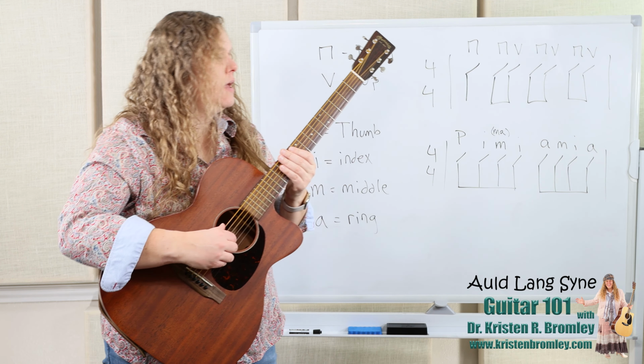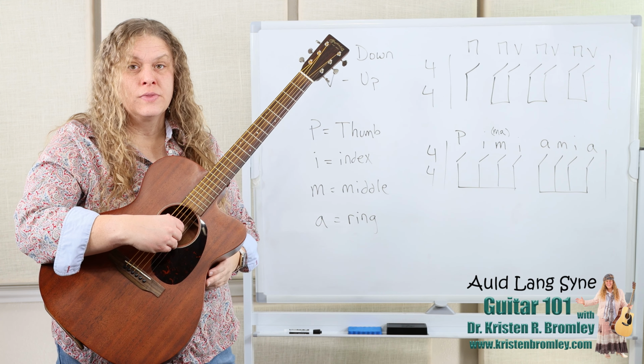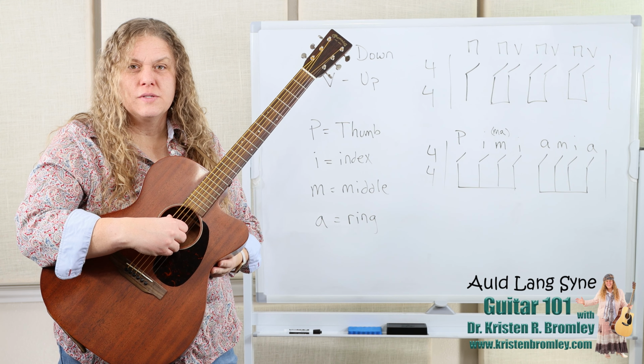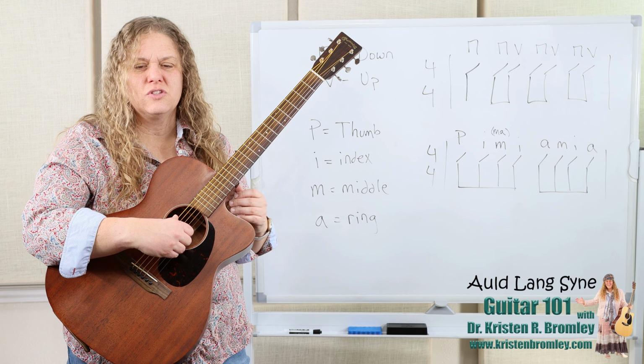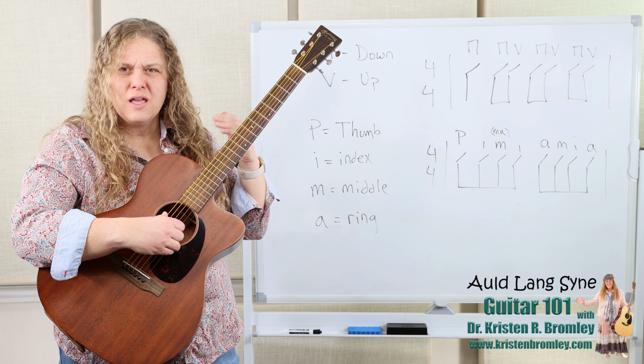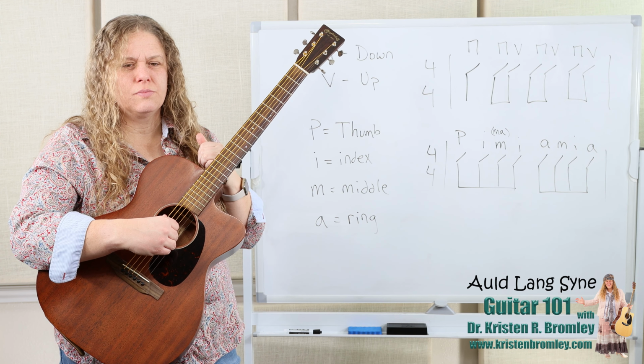P, I, M, I, A, I, M, I. Our index finger is going to always pluck the third string or the G string. Middle is going to always pluck the B string. Ring is going to always pluck that high E string. So ring is plucking the highest string, middle is plucking the next string, and index is plucking the next string